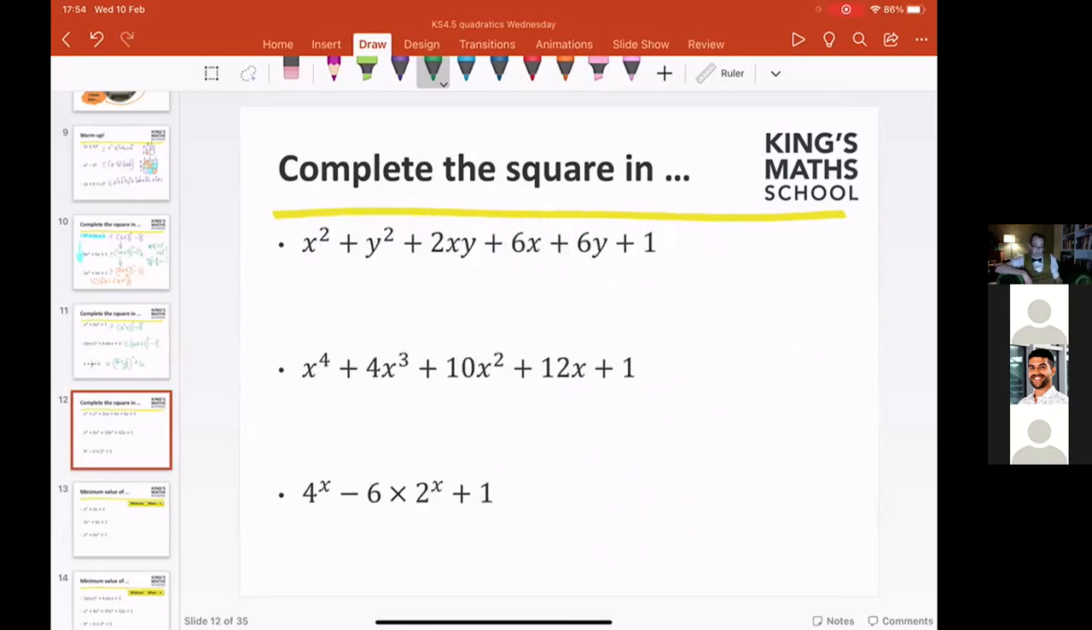So if that's the idea of complete the square, how do we do these? If the idea of complete the square is to have a square bracket and then add or subtract a pure number,